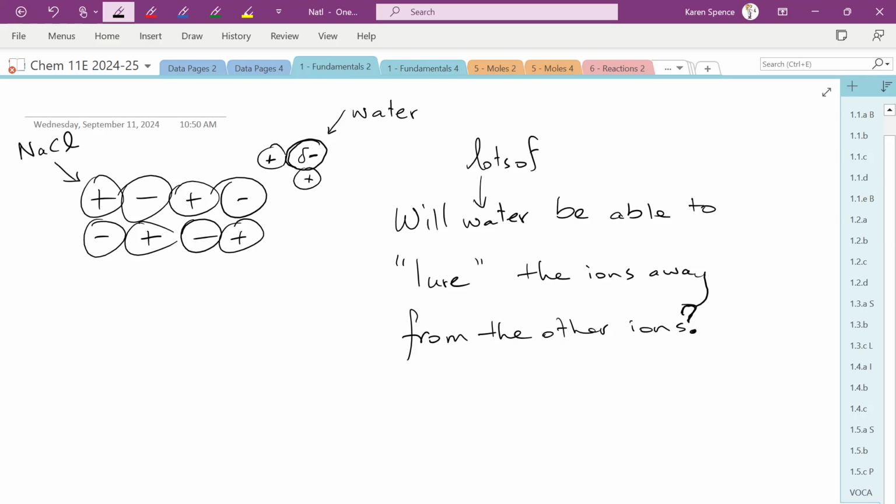Yeah, the ions go, oh, look, there's some lovely positive charges, and there's a whole bunch of them. And so eventually what'll happen is this negative ion will be surrounded by waters with all the hydrogen ends pointing towards the ions, or at least the negative ions. And of course, you would have